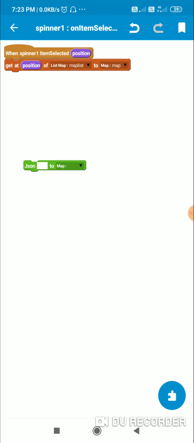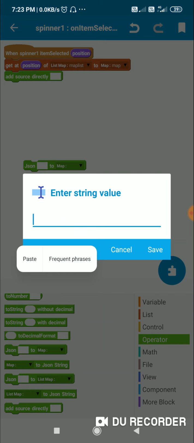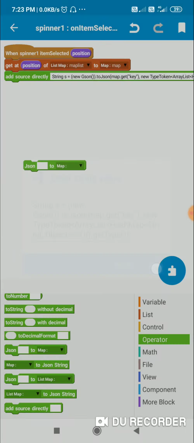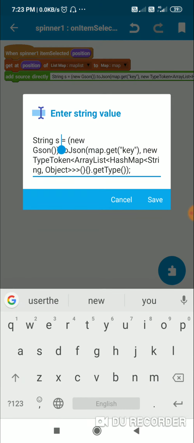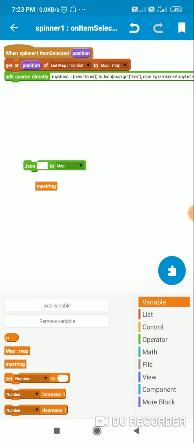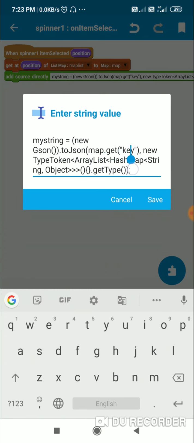Now since string, if I write string s, it will be all programmatic, so I have to use a block here. So that's why I've added a string variable called myString, and here I will use this myString. I will set myString equal to new Gson().toJson(map.get(key)). Here it is this map variable, so I will write map.get key.